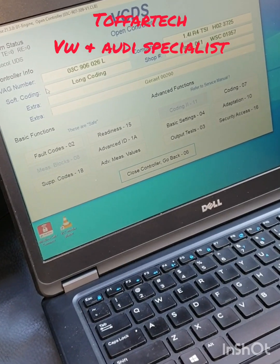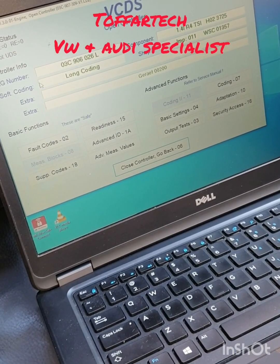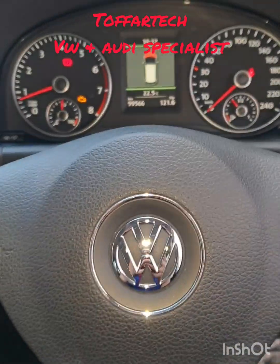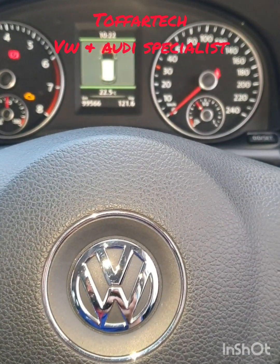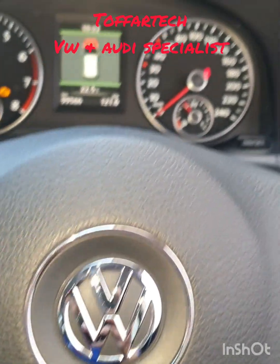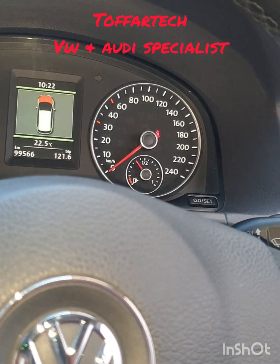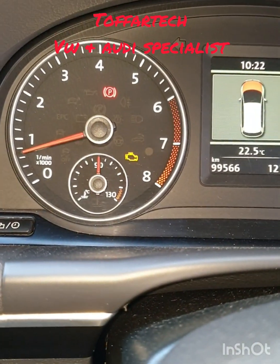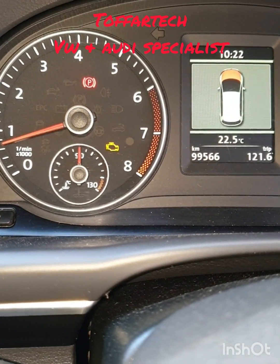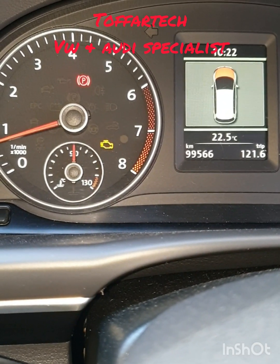On this car we're also going to do a timing check. We're going to lock up the timing marks, and after we've locked them up, we will know if the timing chain is out. Those are the basic things that will give me an understanding of what is going on in the car, instead of guessing, like saying I think it's this, or this is common on this car. Why do that? Do proper testing so you can give a more accurate